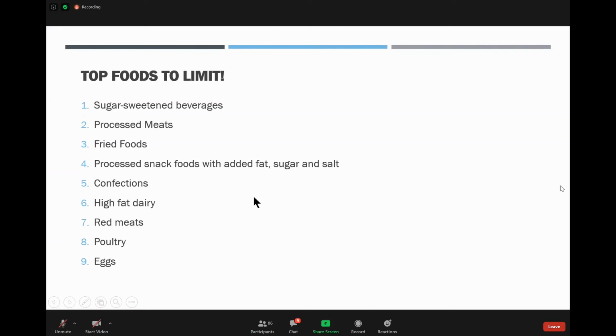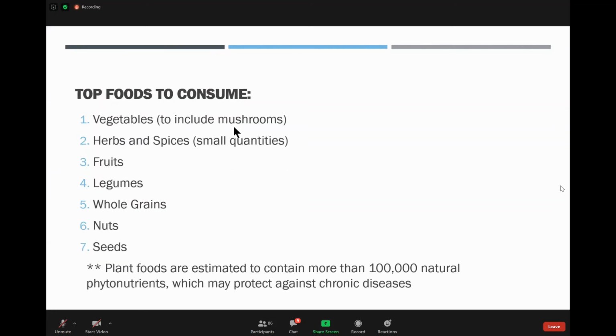And my take on ketogenic diet, later po pakita natin sa inyo ang study dyan. Okay? So the top foods to consume are your vegetables, to include your mushrooms. Why? Your vegetables, including your mushrooms, increases your antioxidants. And remember, yung sabi natin kanina, that if you have high-fat diet, ito na po yung ketogenic diet, if you have your high-fat diet, lalo kung hindi maganda pagkakagawa ng inyong ketogenic diet, especially kung hindi naman siya